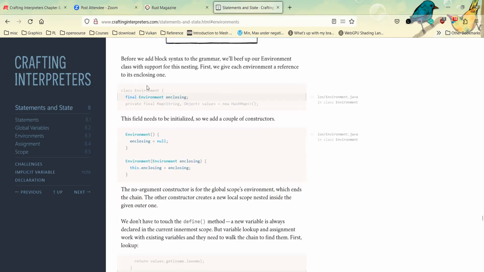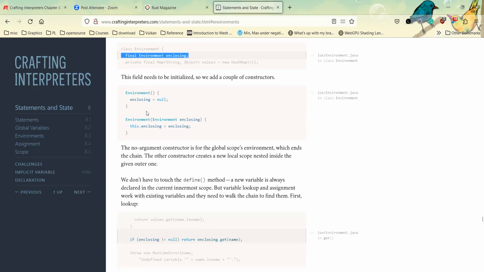And in our environment, we basically just have a reference to the enclosing environment. That's how it works. For the global environment, the enclosing environment is null. For other environments, it always has a parent.